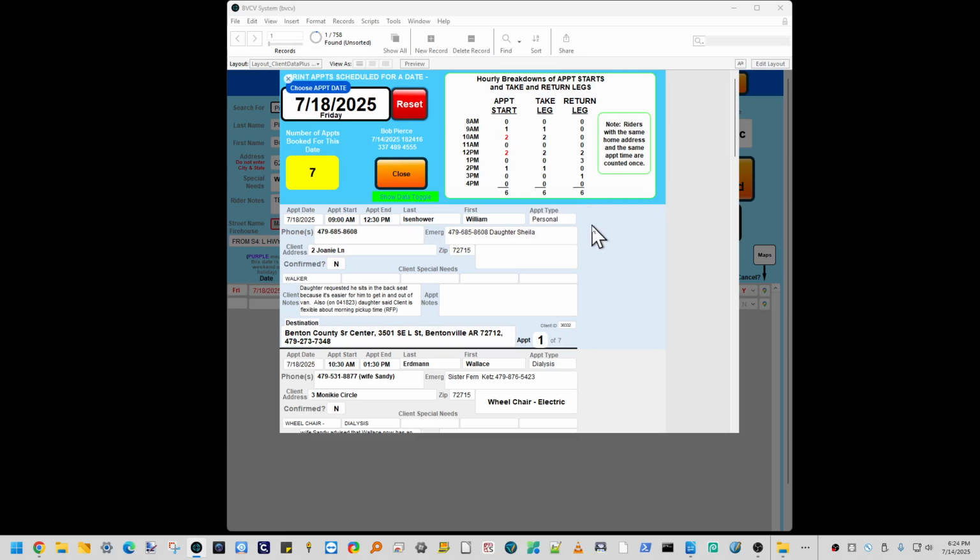In particular, there seems to be some additional concerns recently that we usually didn't have to worry about not so long ago. In particular, about what's called the return leg. Remember, that's the go get the driver at their destination and return them back home trip. As things have changed in Bella Vista, particularly with the traffic, when these return trips get clustered like you see